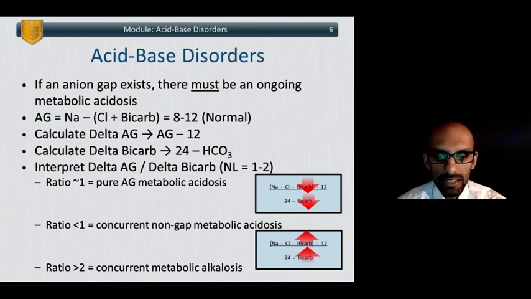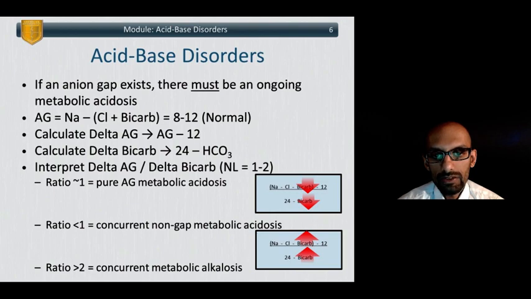Now, a basic tenet of interpreting acid-base disorders is that regardless of what your pH shows, if there is an anion gap, because you always calculate the anion gap regardless, no matter what the pH shows, there has to be a metabolic acidosis. An anion gap essentially means you have a low bicarb. Remember, it's this quantity minus this quantity, and so if you have a low bicarb, by definition, you have an ongoing acidosis. And then you go to the delta anion gap, and that is basically your anion gap